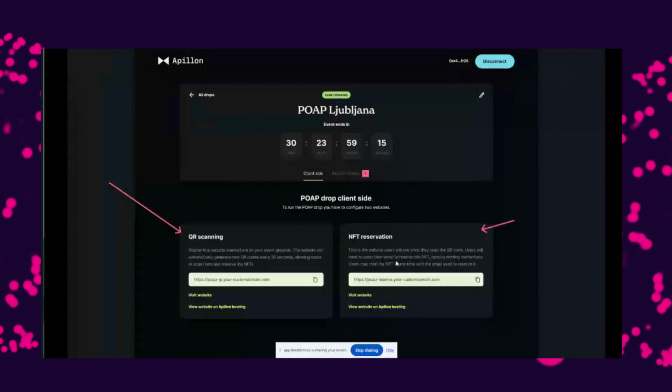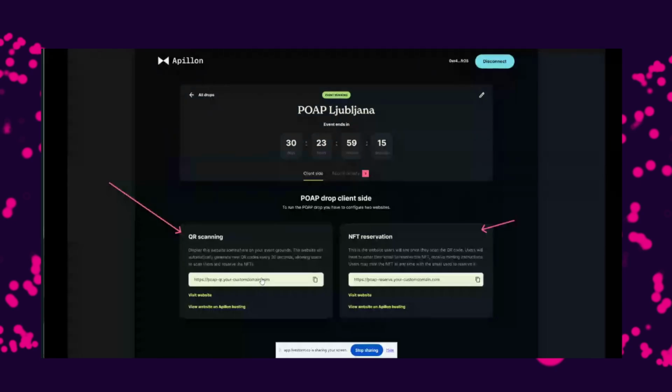This is what we also include in this package in order to make it much, much easier for everyone. So we give you two routes. One is for QR scanning and one is for NFT reservation. So if you imagine we're going to, let's say, a crypto conference tomorrow, and we have 1,000 NFTs which we want to give out on a booth, right? Once the simplet is deployed, we take a tablet and we basically open this URL on that tablet.